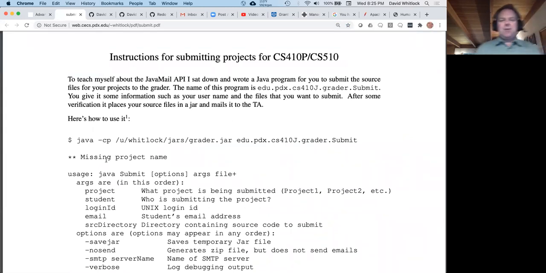So many years ago, I wanted to learn about the Java Mail API that sends email using Java code. So I'm like, well, what would be an interesting use case for this? Oh, hey, I know. How about I have the students email their source code to me,